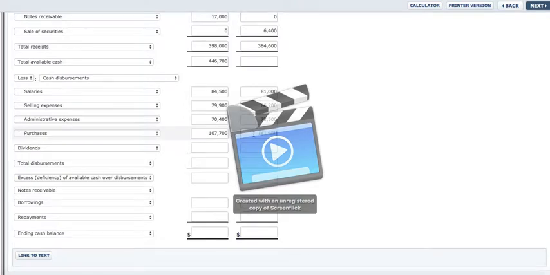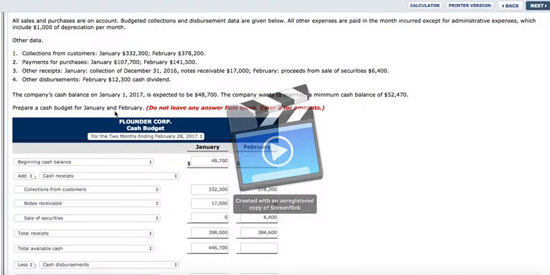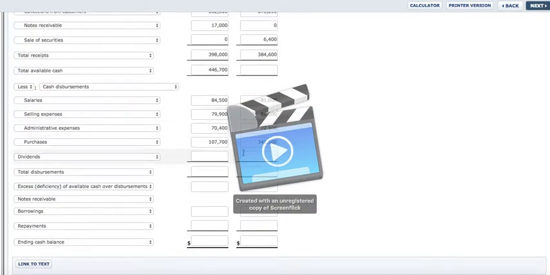There's a lot of information in this problem. And then dividends, so we can see right here, number 4, February, they gave a cash dividend, but there was no dividend in January, so just put that 0 for that. Okay, then you're going to total up your disbursements for each column. Hopefully, I pre-calculated everything before I did this tutorial, so hopefully all of these numbers work out. Okay, and then we're going to figure out our excess or deficiency of available cash over disbursement. So you're going to take your total cash, subtract total disbursement,